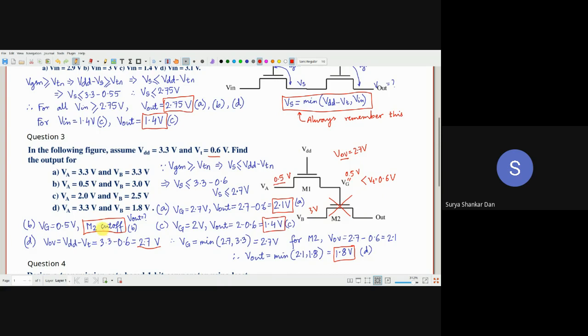अच्छा, I will again ask you another tricky question, interview question. अगर M2 cut off है, then what is the value of V out? Sumit sir did not answer this. Sumit sir said M2 is in cutoff, but V out का value क्या होगा? कुछ ना कुछ तो होगा, right? What is that value?